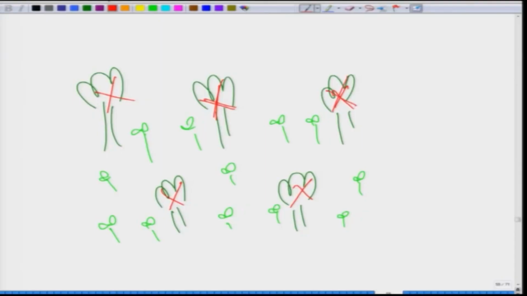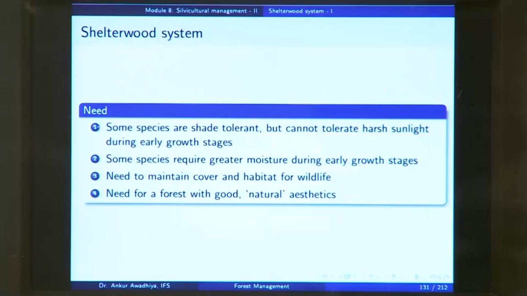Now, if you remove these mother trees, in that case all these species will not have a home to live in. And so, to meet your silvicultural objective of not only extracting timber, but also conserving the wildlife, you might want to go with a Shelterwood system. So, there might be a need to maintain cover and habitat for the wildlife,